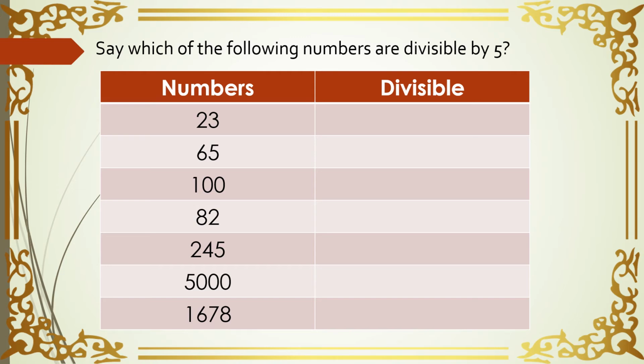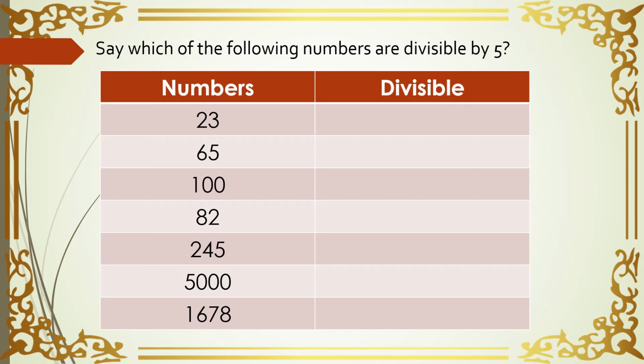Now say which of the following numbers are divisible by 5. Now for 5 you have to remember, in the units place it should either have 0 or 5. If it has 0, it will be divisible by 5, and if it has 5, it will be divisible by 5. Okay, so these are the two numbers that you have to pay attention to in the units place. जैसे 2 में हम लोग ने even number पे ध्यान दिए थे, यहाँ पर हम लोग 0 और 5 पे ध्यान देंगे units place पे. ठीक है, so let's get started.